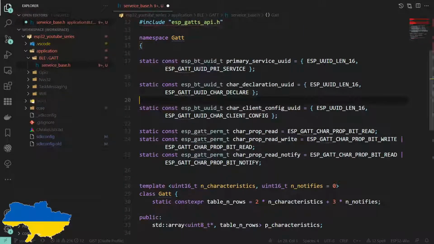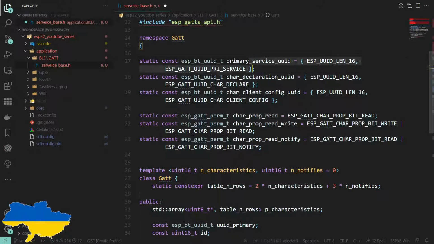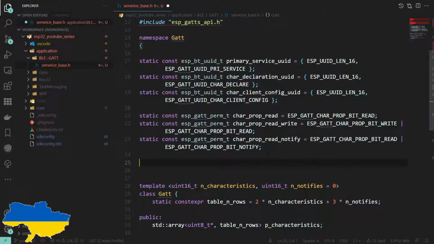So let's just do a bit of organization here. So these are UUIDs, these are properties. And we now need some functions to actually create a row of this table which contains all these bits of information.